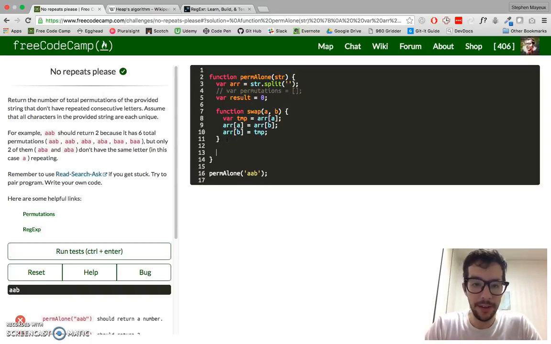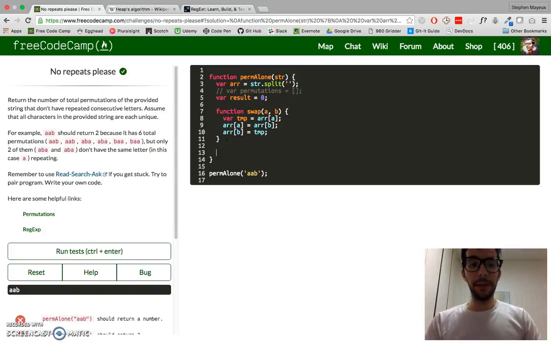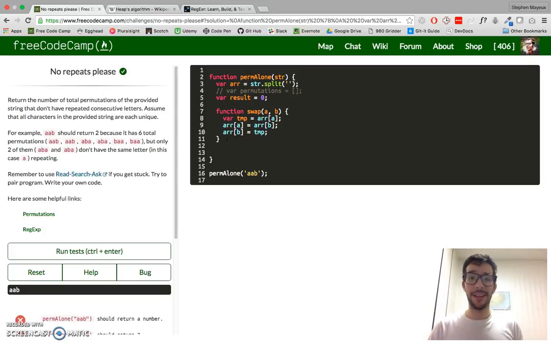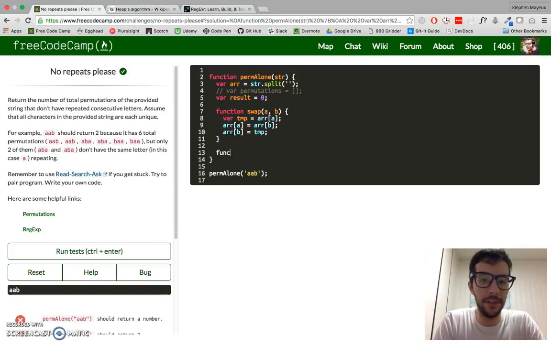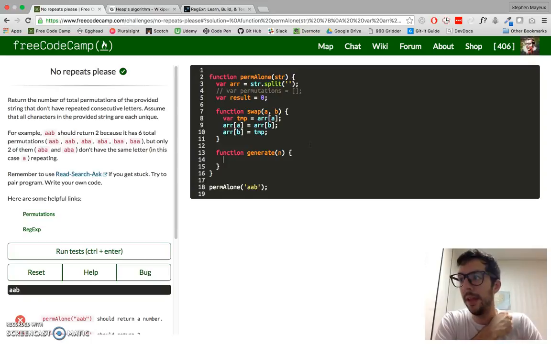Okay, and if you were probably thinking this permutations challenge, it sounds like a recursive solution. It totally is. You could solve it non-recursively using iteration. I think that's more of a pain in the butt to deal with. So we're going to use recursion for this challenge. A lot of the solutions you find online use recursion, so it just seems like such a good fit. Anyway, we're going to call this the generate function, okay, and we're going to pass it a number, okay, and